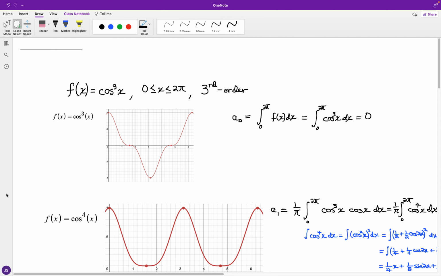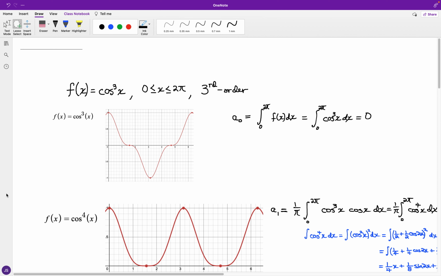Okay, now for this third part of Fourier approximations, we have f of x equal to the cube of the cosine of x, for the interval 0 is less than or equal to x is less than or equal to 2 pi, and we're looking at a third order approximation. So we're looking at g of x, and again, g of x is going to be the least squares